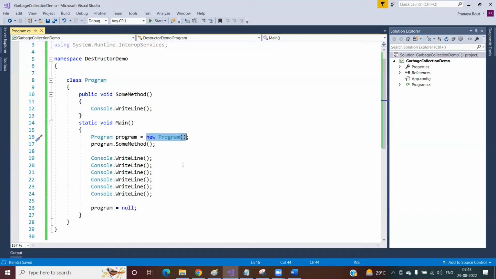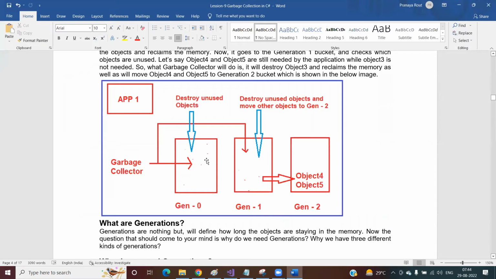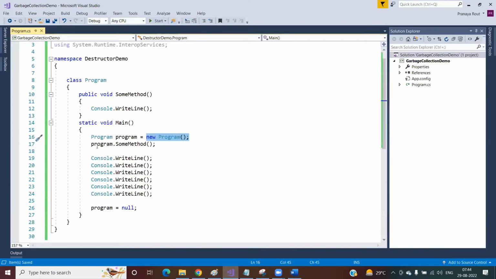See, that is the internal mechanism of the garbage collector. We cannot predict at what time or what interval they are going to check the object. They only check objects in heap memory, but within heap memory we might have stored that object in a generation. Whenever we create this object, it will be created inside the generation 0 bucket only, right? After using this object,